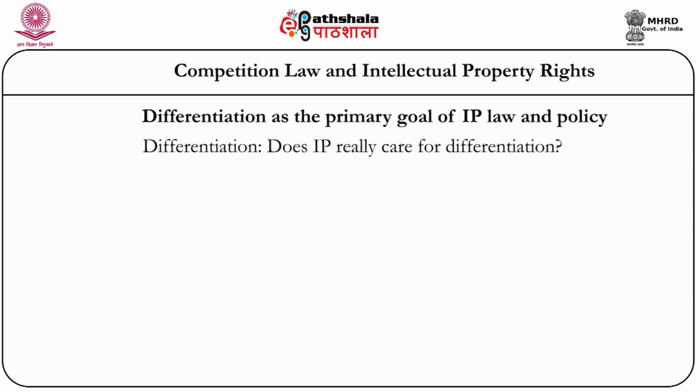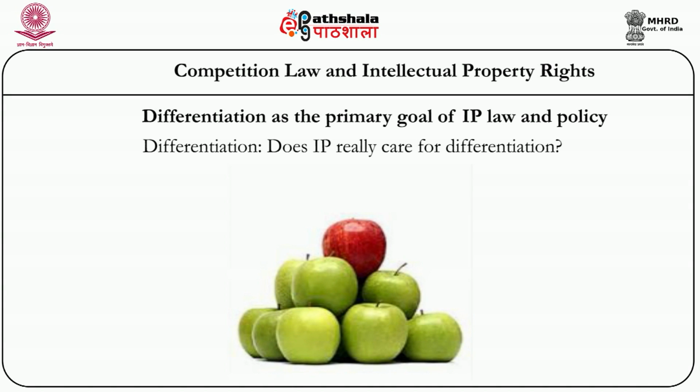Now, if there are products that are similar, the market will stop innovating further, and because of free riding, no one will have the incentive to produce new products and processes. So that's the reason why, if there is a differentiating capacity in a product or a process, intellectual property law immediately kicks in, and that's why differentiation is the primary goal of intellectual property law and policy. Similarly, in relation to